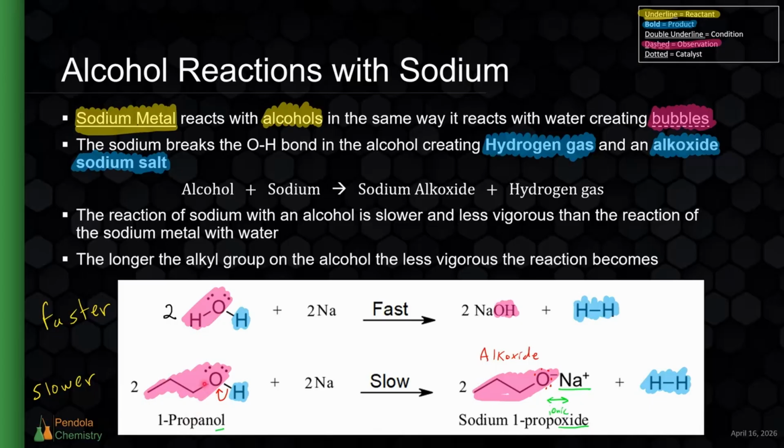You do have to remember that the OH bond is polar, and that the carbon chain on the alcohol is going to be electron donating, which is going to cause this bond to become less and less polar, slowing down this reaction. So the alkyl group, the longer the carbon chain is on the alcohol, the slower that reaction becomes. So just to show you a few examples,